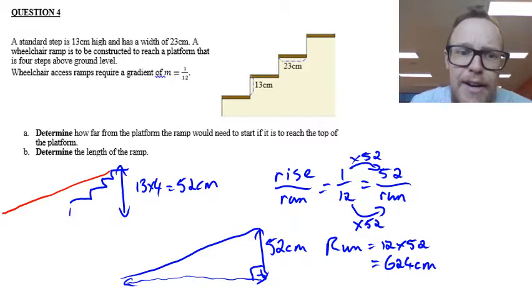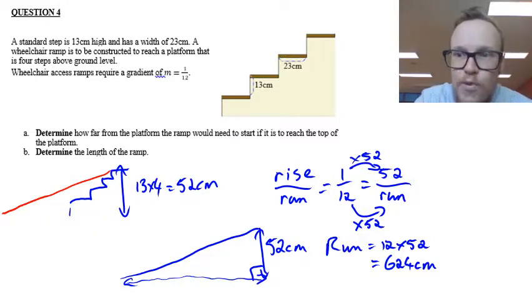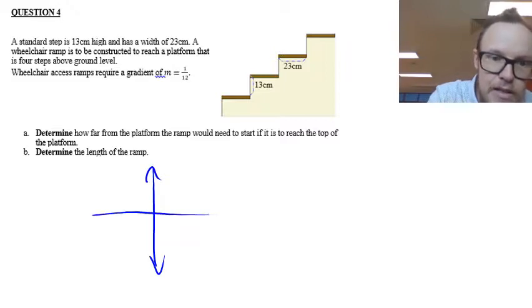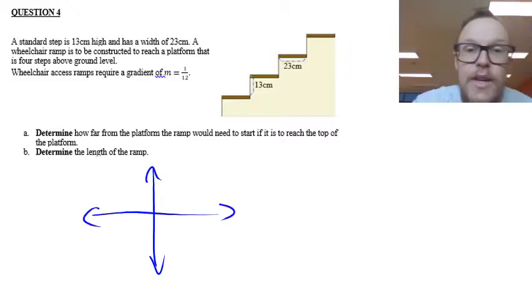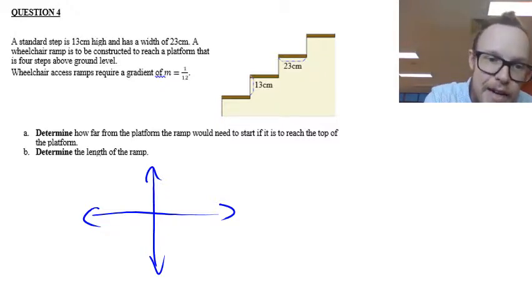It says how far from the platform the ramp would need to start if it is to reach the top of the platform. That's one way we can do that first question. The second way we can do it is we can use a Cartesian plane to describe our problem. If we use a Cartesian plane to describe our problem, then we can say our point on our Cartesian plane here is going to be